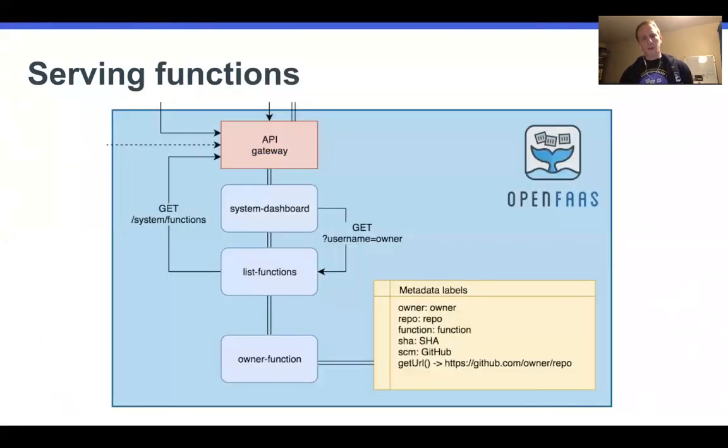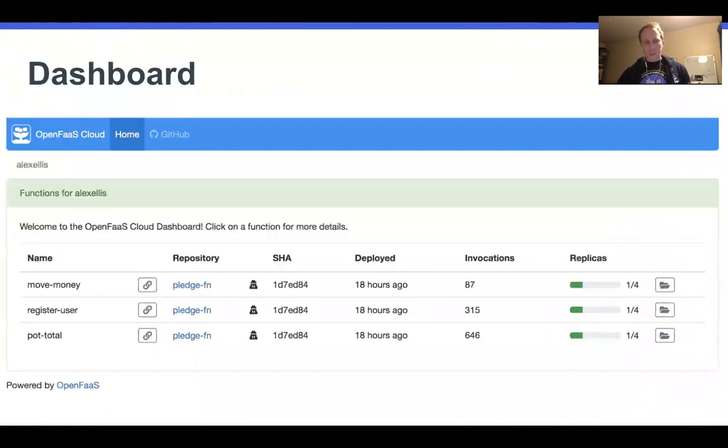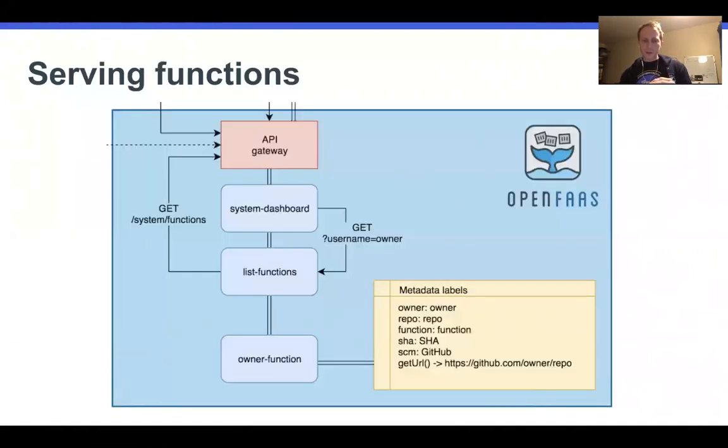In terms of serving the functions, one of the things that's important here is that OpenFaaS is largely stateless. So the way this is drawn is by reading the functions that are in the cluster, looking at their labels and annotations, and using that to draw each row. So we have system dashboard goes to list functions goes to the API gateway, gets the list, and then renders them. One of the things this means is that it's highly efficient, it's fast, we don't have to have a relational database added in here, and any state or logging that we need, we can actually drop into external systems.